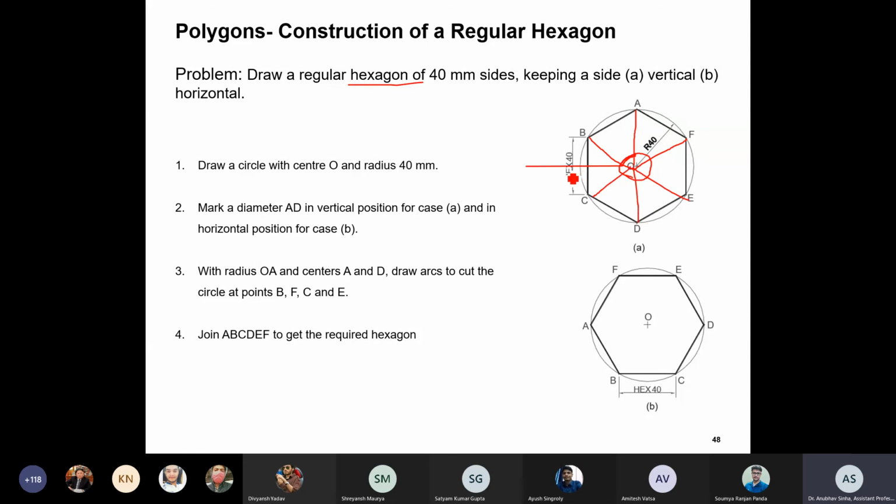Join all the points, you get a polygon. Similarly, let us say a pentagon. What is the included angle of a pentagon? If I draw a circle around it, this is not working very well, but I hope you can understand. This is the angle I'm talking about. What will be the angle of this? 180 by 5, 72. So just draw a circle and make 5 sectors of 72 degrees.